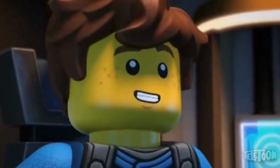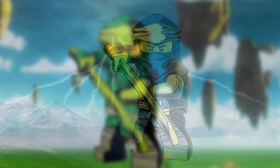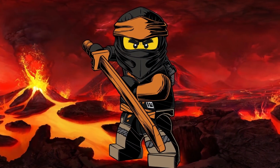Gonna be honest, haven't really been on there for a while, but we do have 4 of these 6 ninja in brand new suits. These are of course rumored to be the 2022 storyline suits. We of course don't have a confirmation of whether or not this is true, but if these suits were indeed to be adapted into next year's storyline, I wouldn't be mad. These suits are actually pretty cool, and I'm going to be breaking down my thoughts on the ones that we